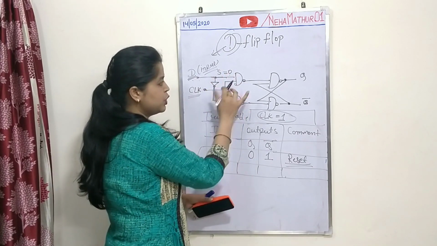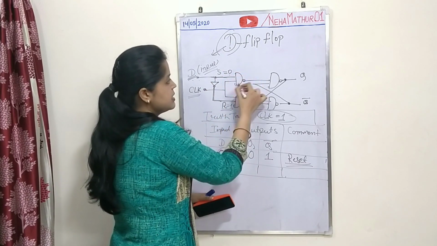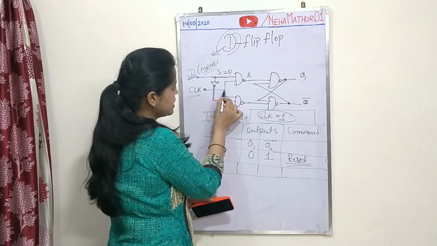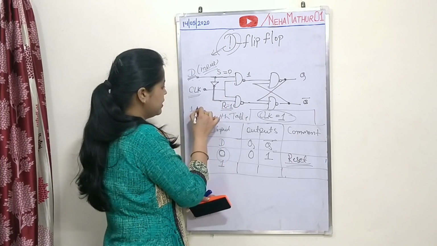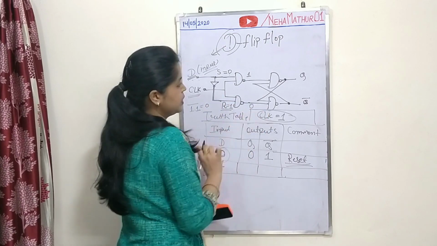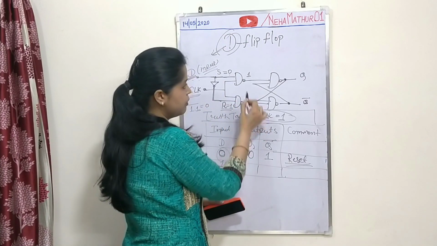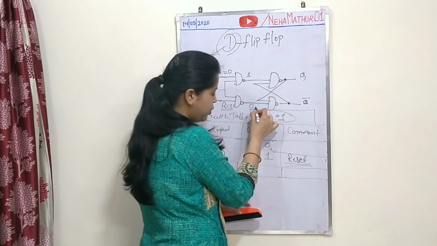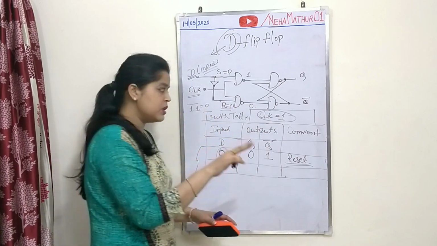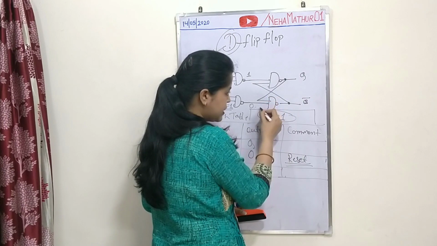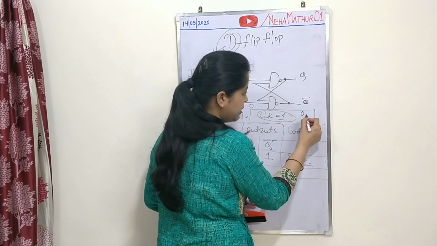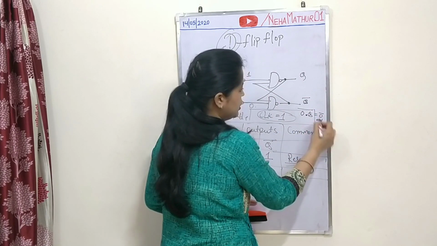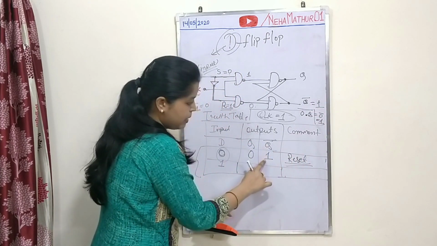See, your S is equal to 0, that means the output of this NAND gate will be 1, while for here your clock is 1 and your R is 1, 1.1 with its complement it will be 0. So the output of this NAND gate is 0, while for this NAND gate it is 1. Now for this NAND gate its one input is 0, then there is no need to go with second inputs. Then as per the Boolean expression of this NAND gate, when 0 is multiplied by any value, which is your Q, its complement will be 1. So your Q bar will be 1.